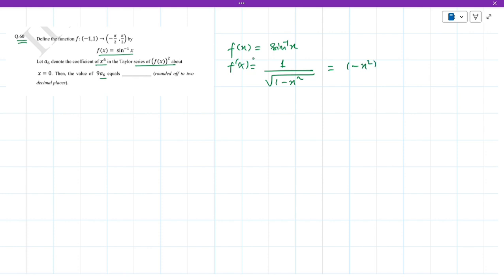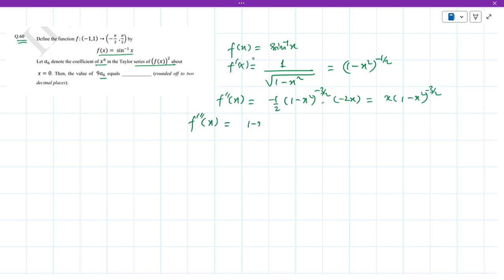f double dash x we find. It will be minus 1 by 2 times (1 minus x square) to the power minus 3 by 2, and for the inner term differentiation by the chain rule, minus 2x. Solving this further, we get x times (1 minus x square) to the power minus 3 by 2. Similarly, f triple dash of x will be what? It will be (1 minus x square) to the power minus 3 by 2,